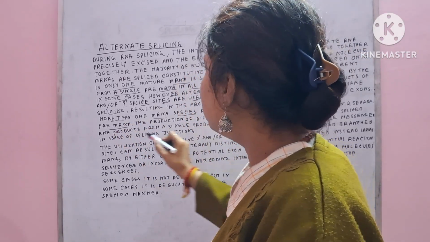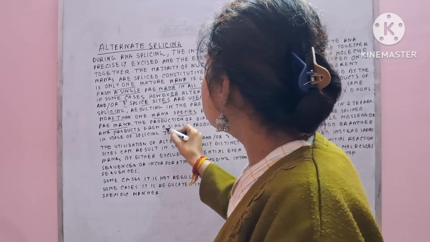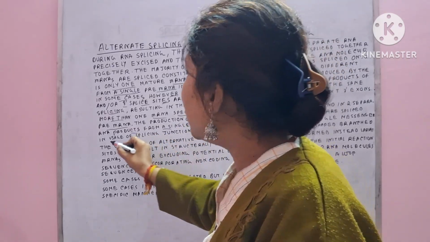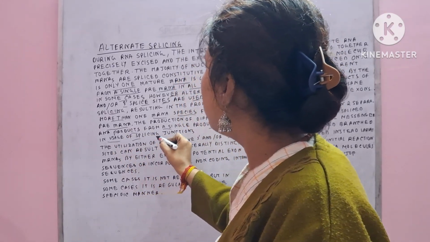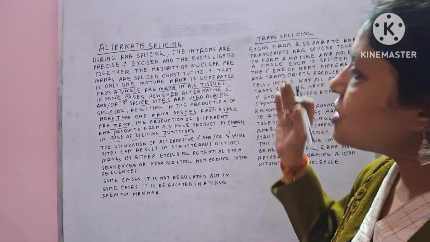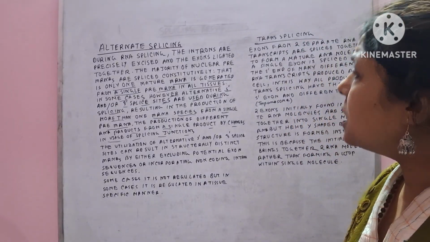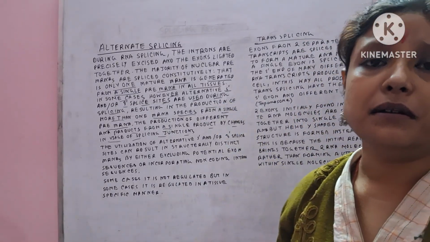It is the production of different mRNA products or RNA products from a single product by change in usage of splicing junctions. So what is being said is that in case of alternate splicing,